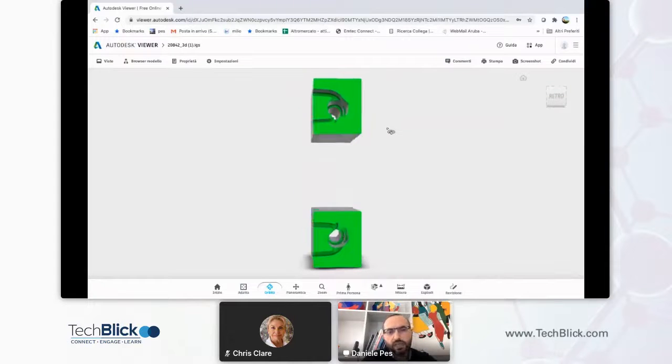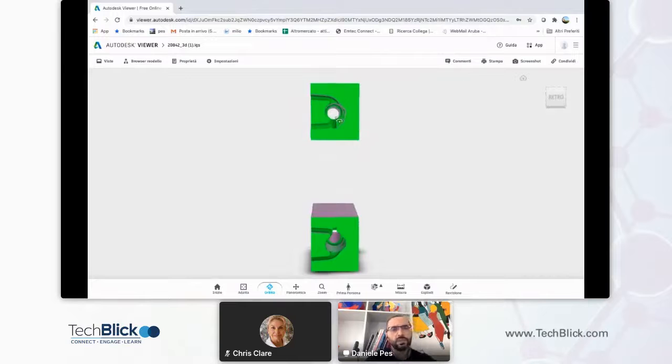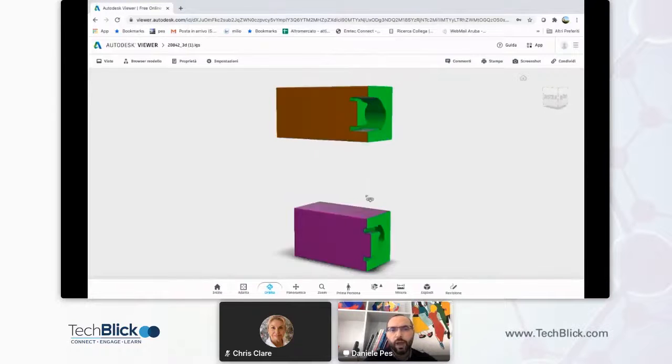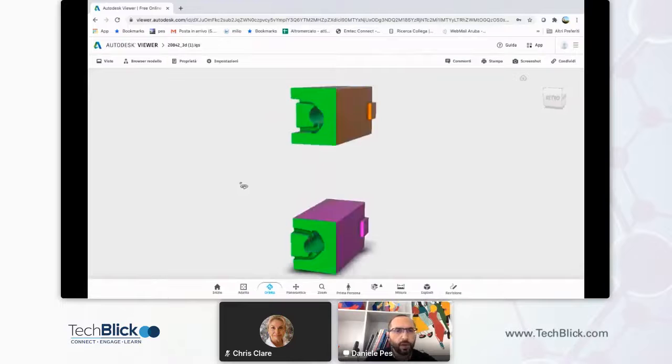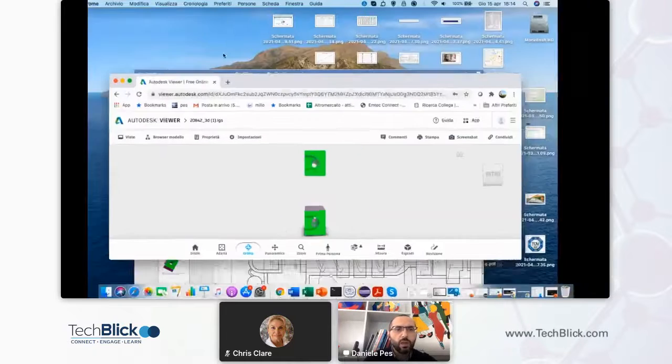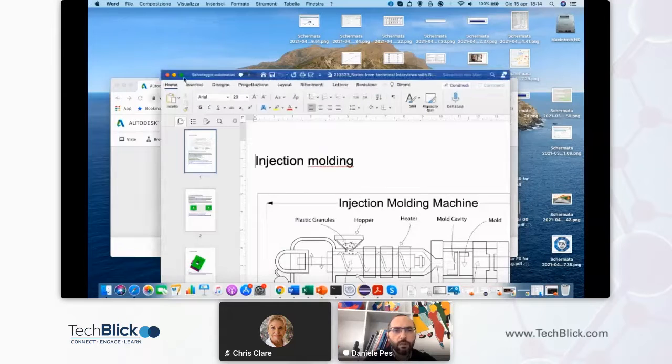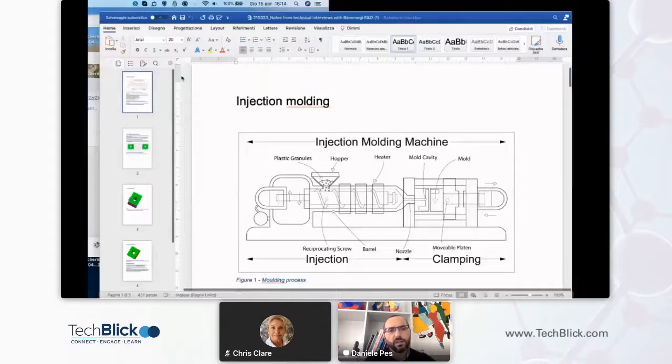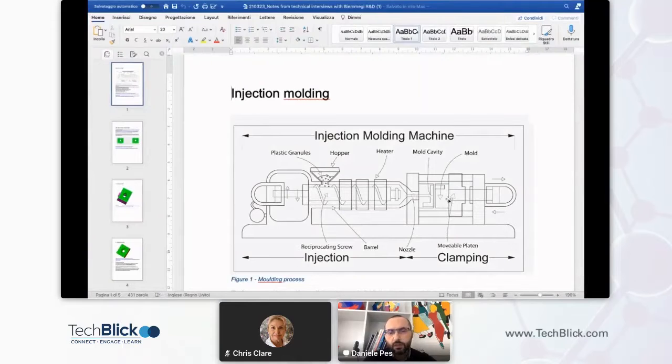And there is a lot of complexity related to this kind of industry. If you have any questions, I can return to this 3D representation of one of those molds. But let me share with you some information about that complexity. Essentially, that kind of mold is in this area, the one that I am showing you right now with my cursor, okay? That kind of mold is included in a much more complex machine where at a certain point in